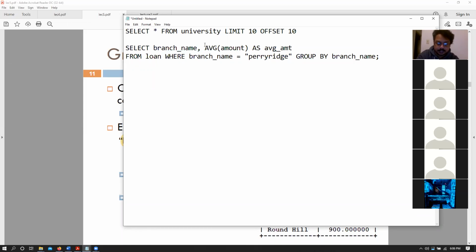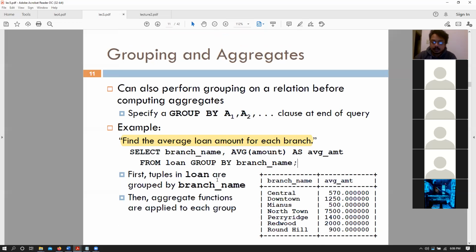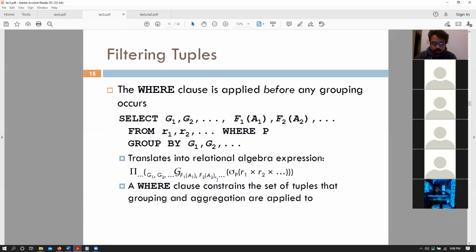This is totally fine. But the other one was not correct because we were using this aggregate operation and this group by. Group by does not occur until the where clause is done, so the where cannot access the group by operation.